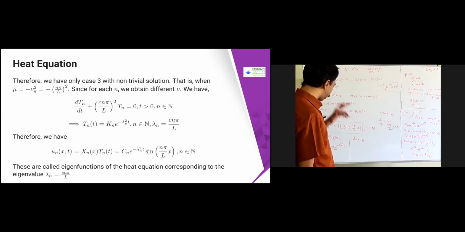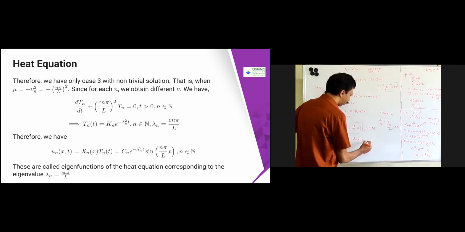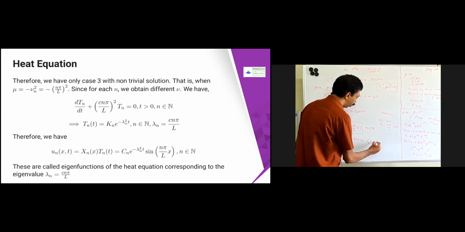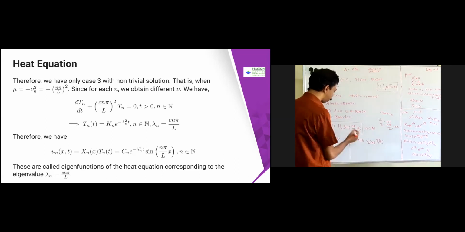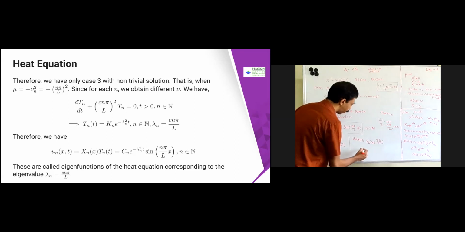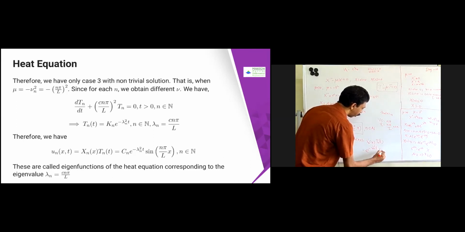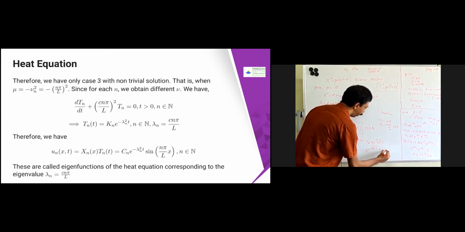So un of x comma t is going to be Xn of x into Tn of t. What is Xn of x? Xn of x is bn sin(n pi by l x). This is an into e power minus nu n square t. So I'm going to get e power minus nu n square t into sin n pi...